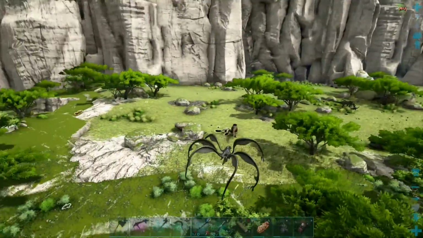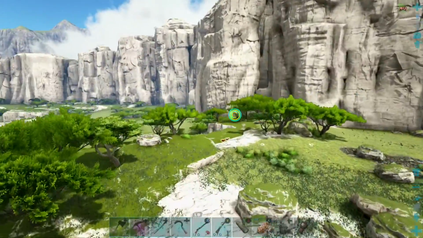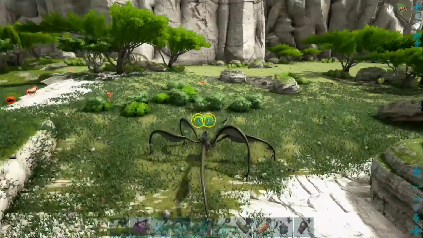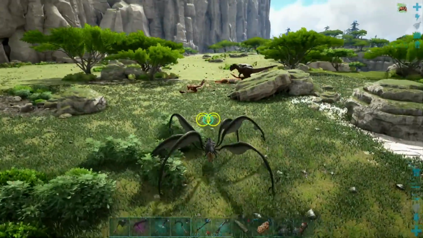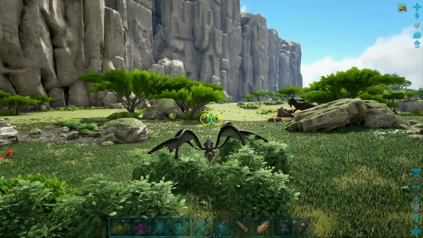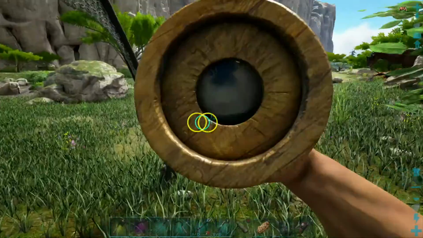All right, let's see. So Deinonychus are attacking that aloe, which means there might be some more eggs over here. So I'm actually curious to see how this goes. So they're going to apply... Oh, nope. Not anymore. There's an egg right there. Okay. That could potentially be good because...